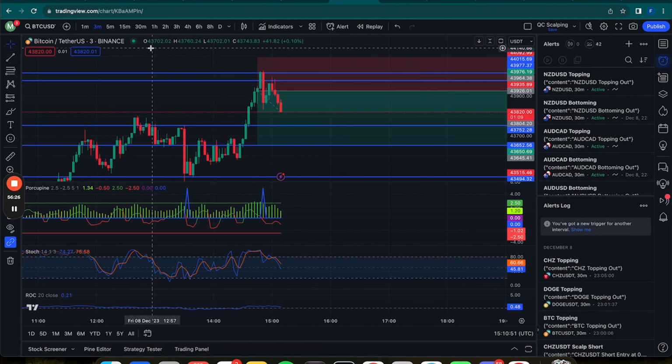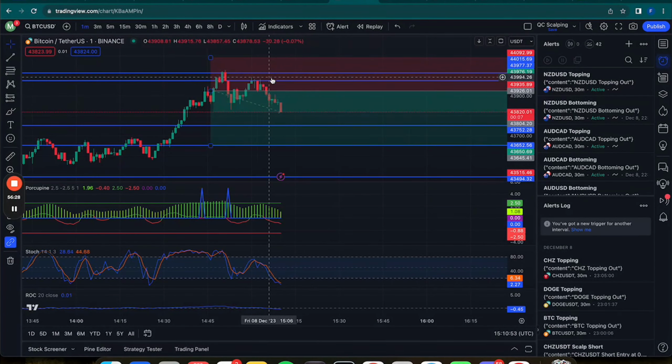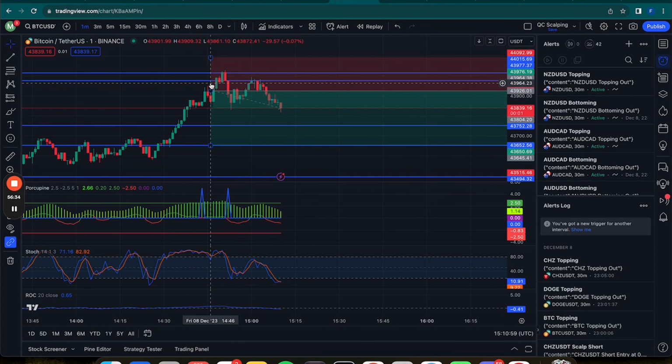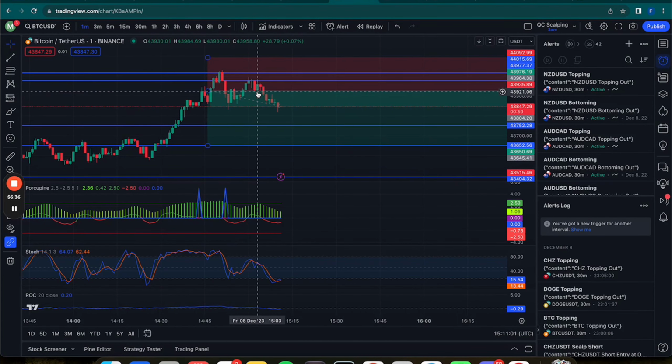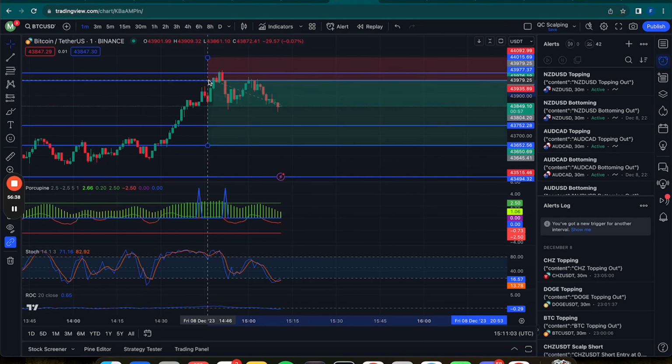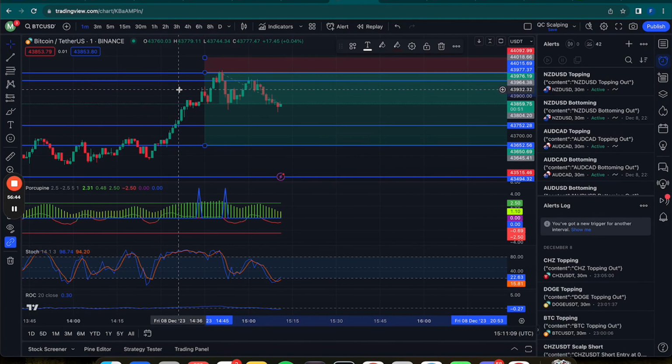Okay, so at this point, we're doing pretty good here. The only thing that I would regret is not getting a better entry. Look at this trade, and then look at this trade. There's a difference, and then look at this trade. Quite the difference. If you enter here, which is, by the way, the top of the 1 minute, you could have caught it,